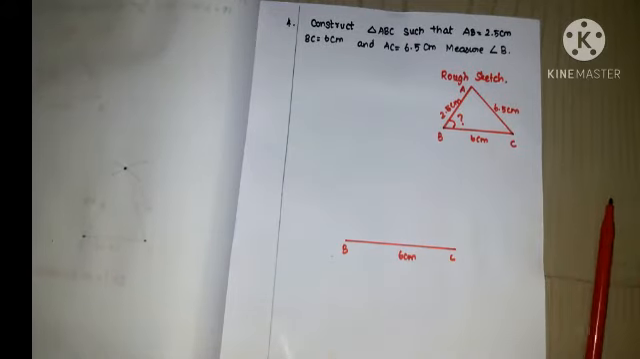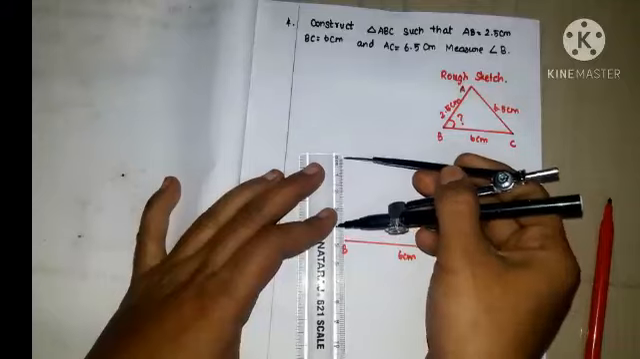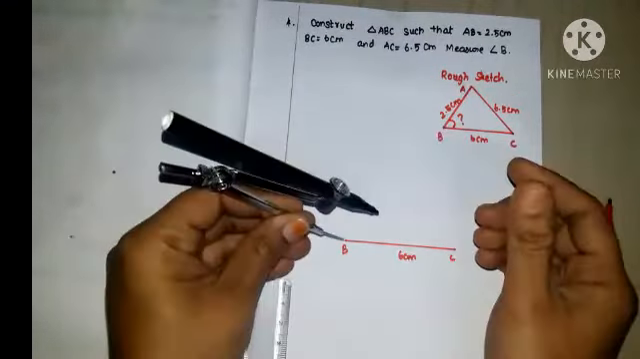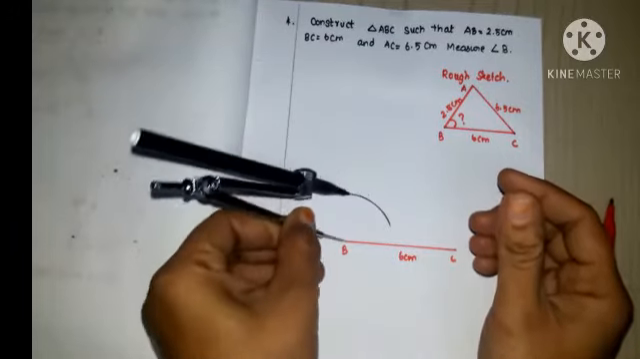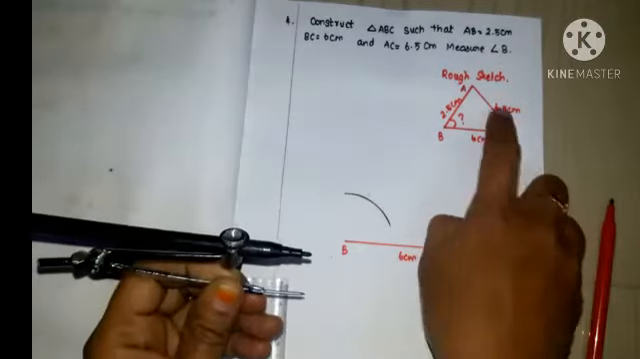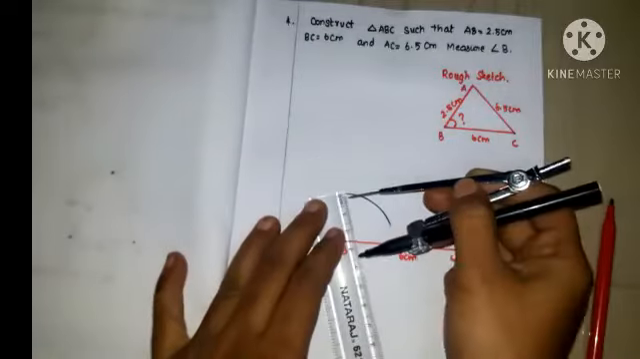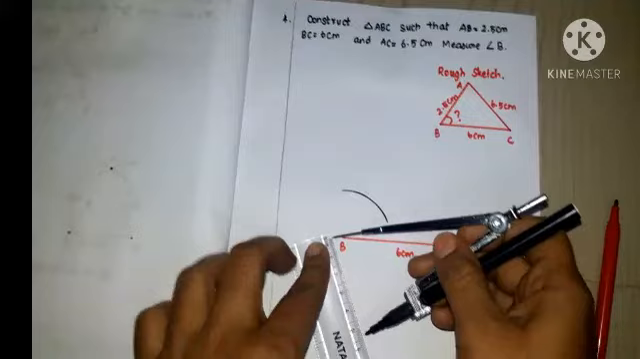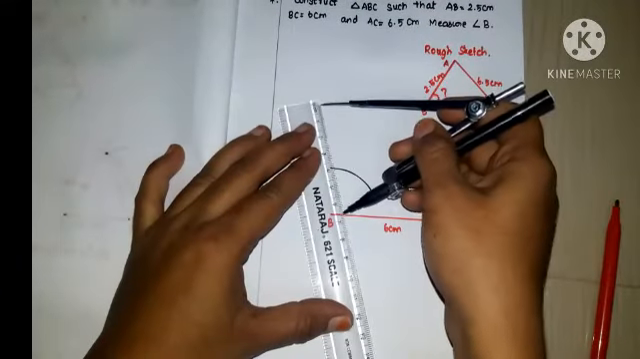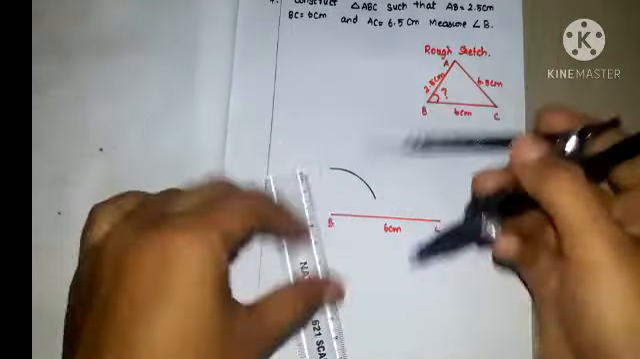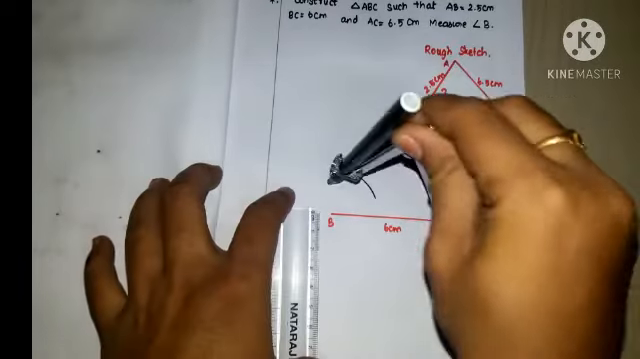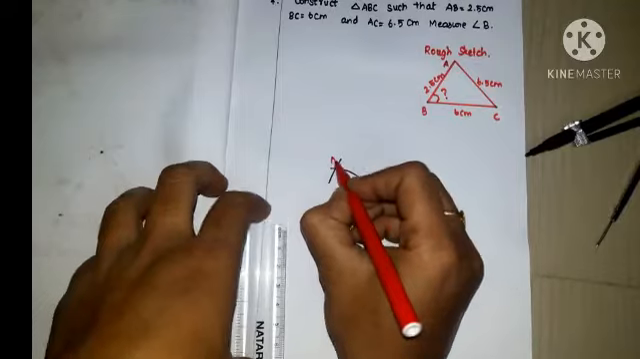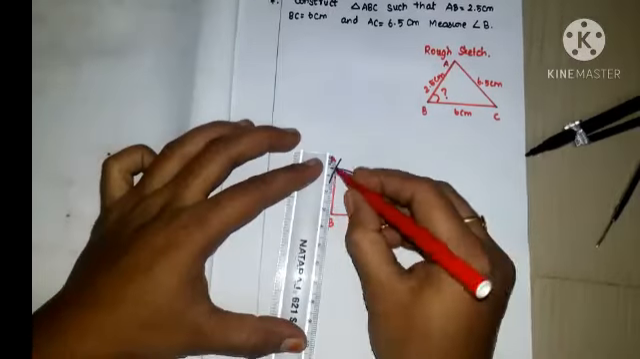From B to A I am having 2.5 cm. So take the compass and adjust your pencil tip till 2.5 cm. Now it is 2.5 cm. Keep the needle at B and draw one arc. Okay, from A to C I am having 6.5 cm. Again I have to measure the 6.5 cm. Here it is. Now keep the needle at C, draw another arc which cuts the previous arc at one point. So that point is called A. Join BA and